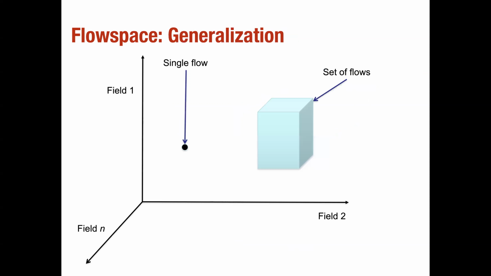right? If we try to go a bit more generalized, if we generalize this flow space abstraction, we don't have to limit ourselves to just the IP addresses. Those fields that we are trying to use to define the dimensions of this flow space can be anything. It can be a combination of the 5 tuples or 13 tuples that we see in the packet headers, right? So a single flow can be a point, and then a set of flows can be any arbitrary shape in this multidimensional flow space, right?